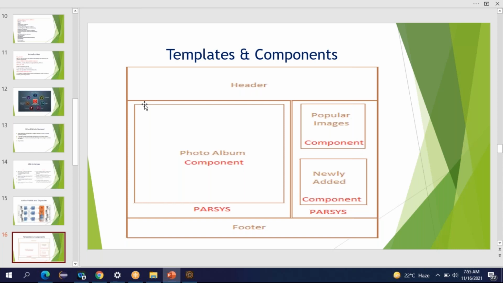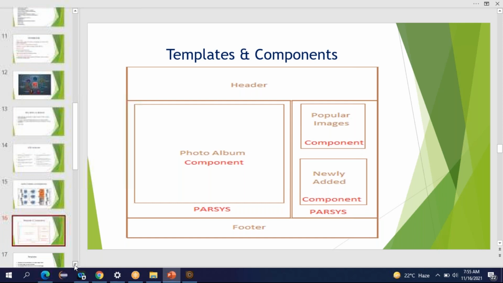So logo, top navigation, we have images. All those things are components. Components are developed by the developer and used by the content authors to show the content on your pages. So using templates, you will create a page. On those pages, the content author will drag and drop the components and author them to show the content on your pages. So these are the introductions that we covered in the first class.